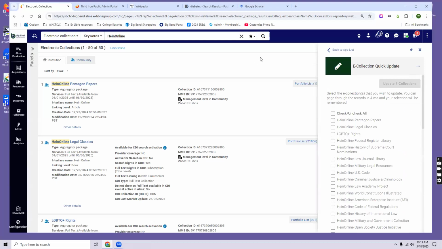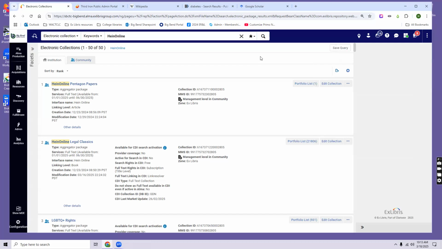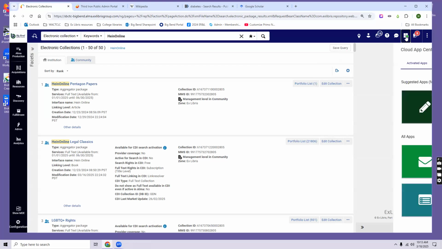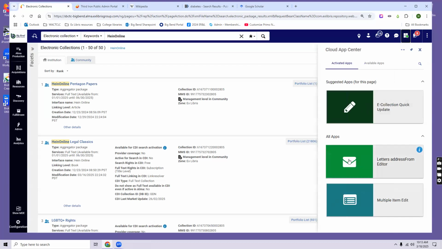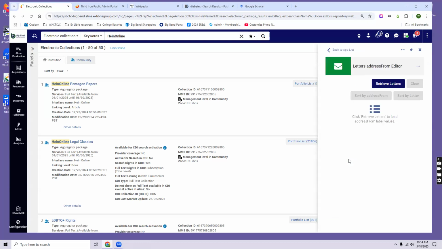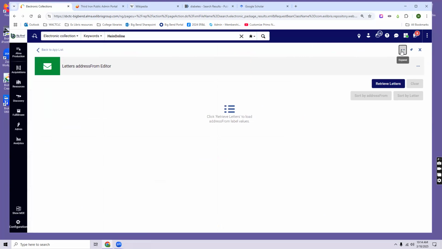So now here's the last one. I took a look at like 15 of these to see what ones were interesting that I could demo quickly. And here's the one that I was like, oh snap. So wish this was available for more fields, but this is a way to make sure that the address from field in all of your letters has been updated